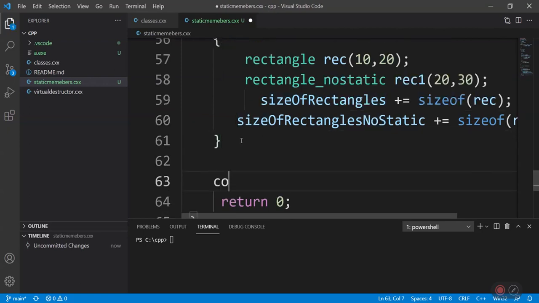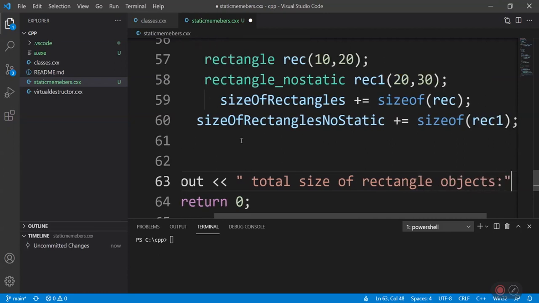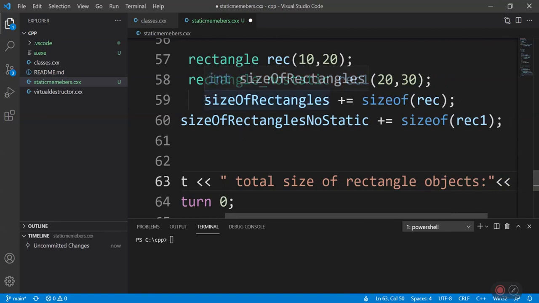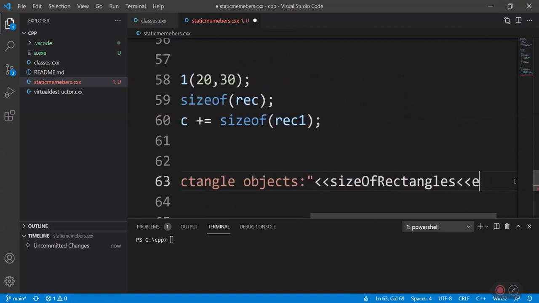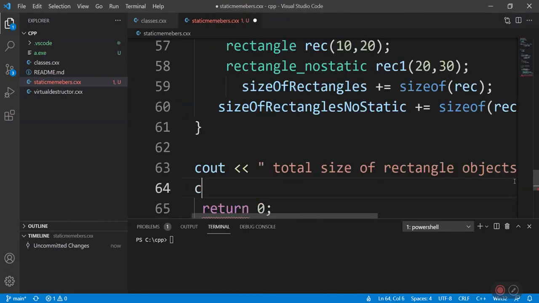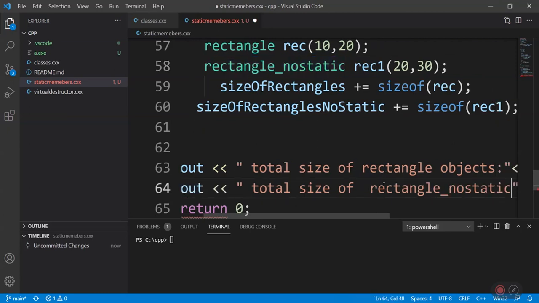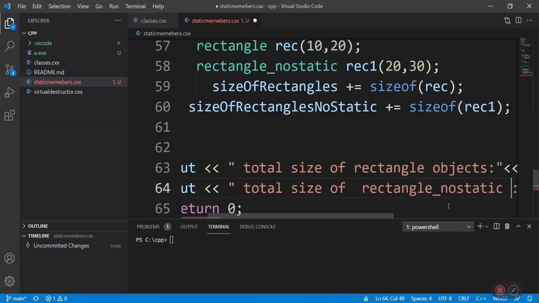Now let's try and print the total size of the objects. Total size of rectangle objects. Let's print that. Let's also check the total size of these objects.